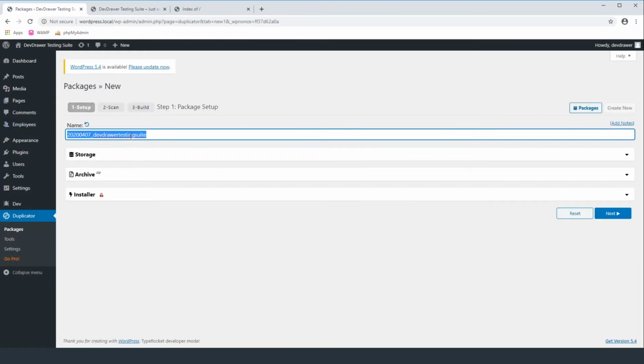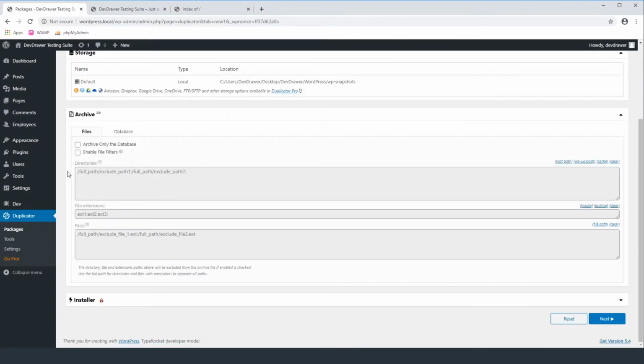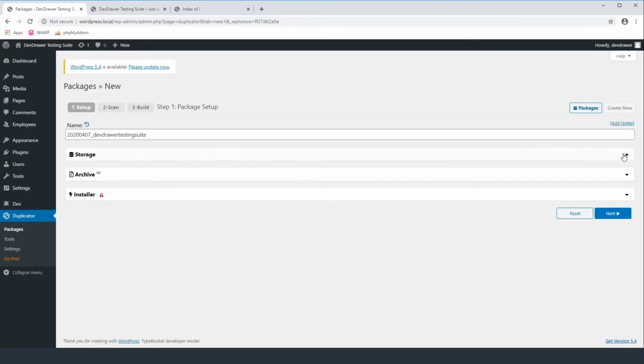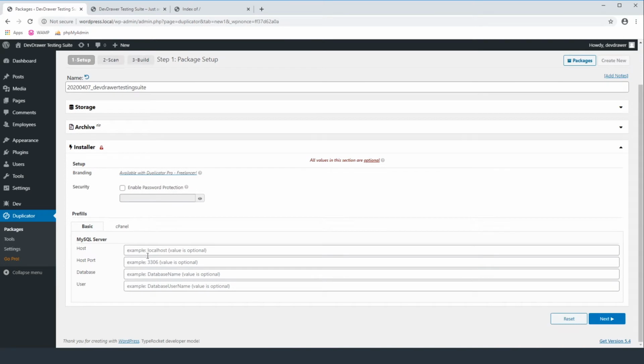I'm just going to leave it the default name. If you have the Duplicator Pro version, you can upload it to Google Drive or Amazon or wherever it's at. You can also say that you want to archive only your data, specific databases, or exclude files. Typically, whenever you're moving from a dev server to a production server, you don't really have to worry about any of this. But what we are going to have to do is set up a new